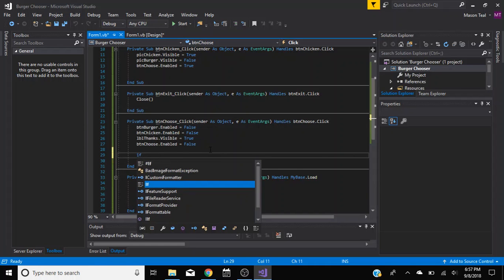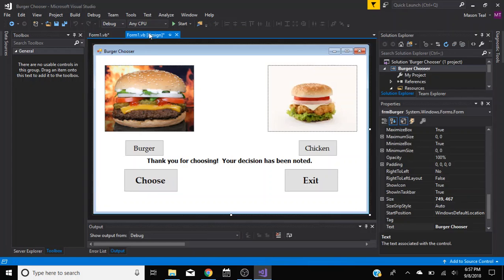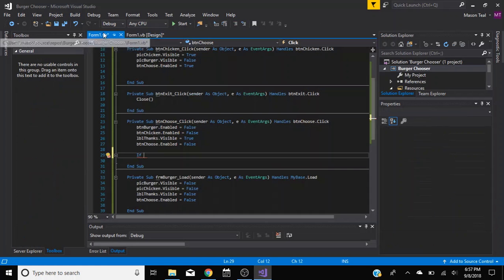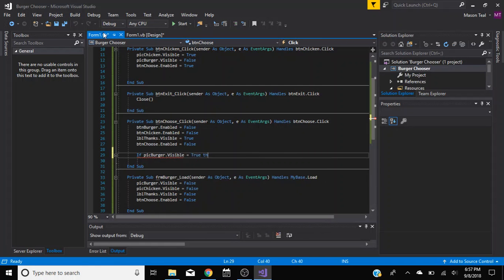So if, this is getting a little complicated. You don't have to do this. I don't know why I did this actually, thinking about it, but I said I was going to do it, so I'm going to do it. So if pick burger dot visible equals true, then